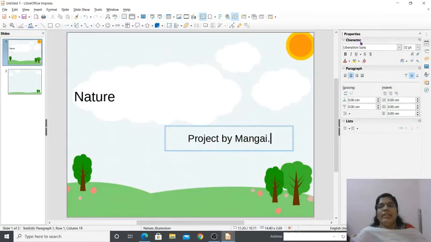You can see the properties, like what type of character. If you want to change the size, you see that by default it is size 32. In a presentation, the recommendation is to make the font size 32 points. Then only will it be visible to the audience. If you write a lot of content in the slide, the writing size will become smaller automatically. When it is too small, it is very difficult for the audience to read clearly, and this will not make the presentation interesting.